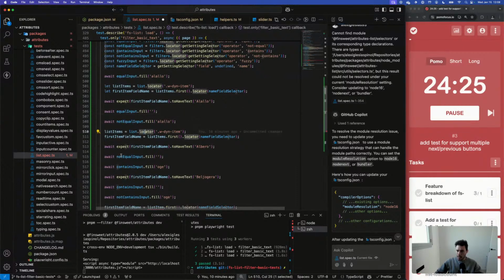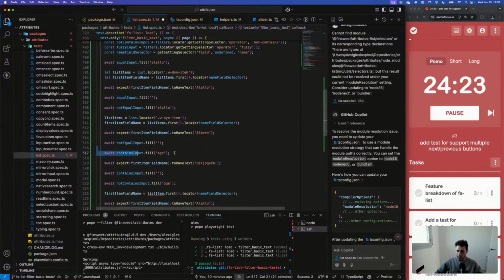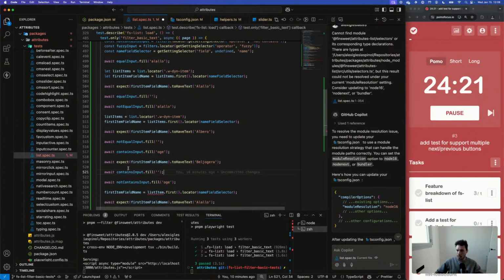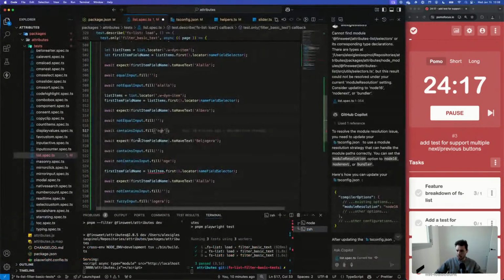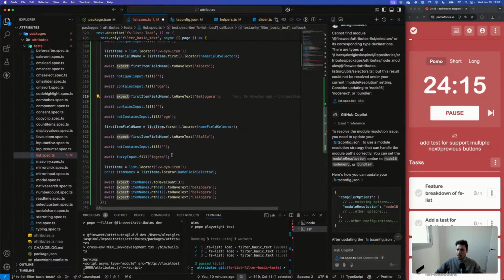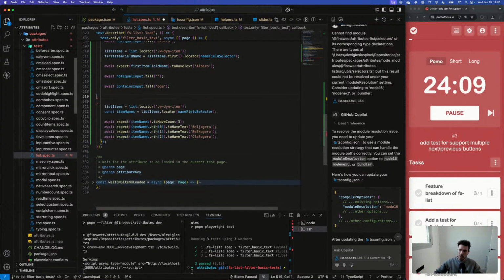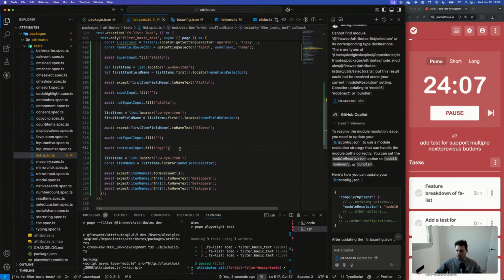Not equal input, then we clear the not equal input, then the contains input, we clear this. But no, the contains is the one that we are checking. So we want to fill this, and I want to get rid of all this logic that's nonsense. So it's contains input, this, then we get all the items, then we get the item names.